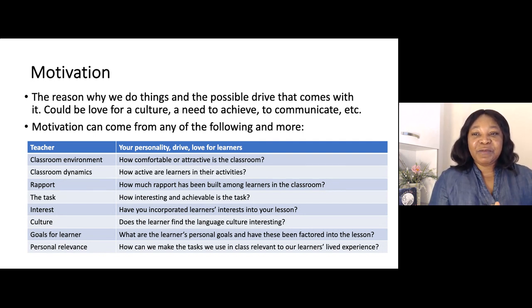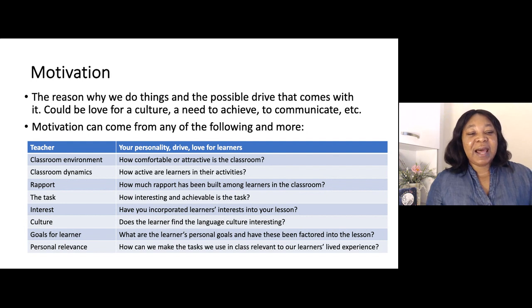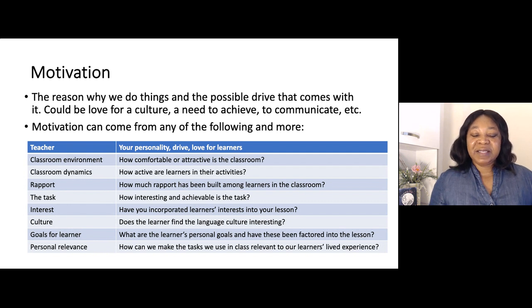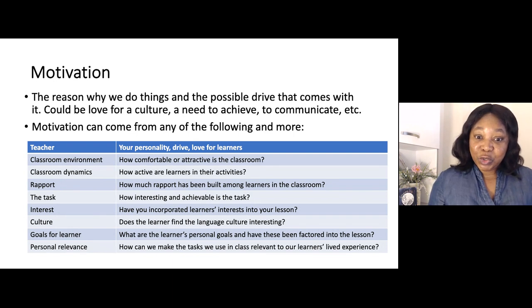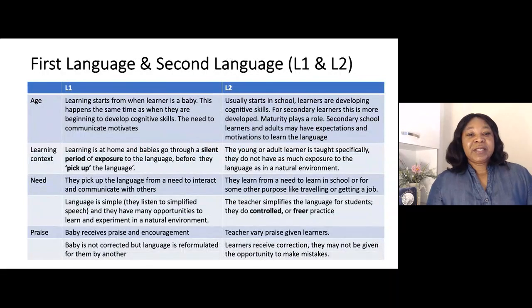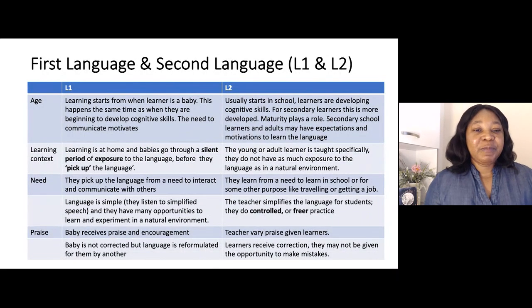Interests. Learners have different types of interests, and our learning goals are different. So if you know that a learner is learning a subject because they hope to be maybe a scientist or whatever, you can use that as a motivation to help the learner learn. And then we have personal relevance. Are the tasks you are doing in the classroom relevant to your learners, or are they relevant just to you alone?